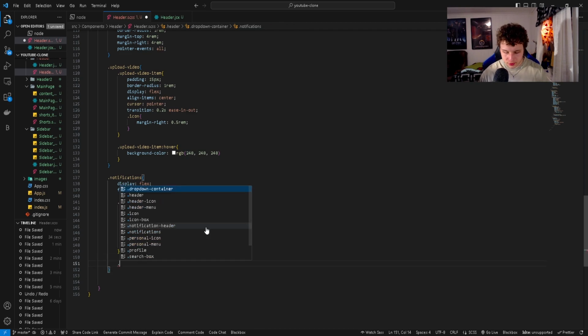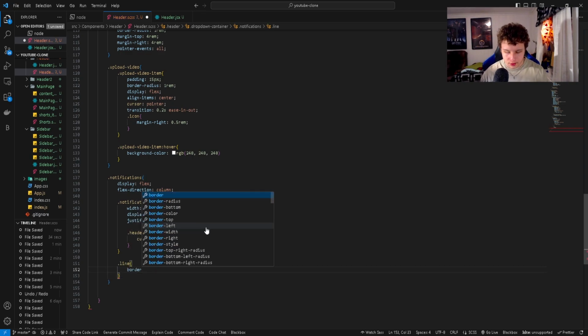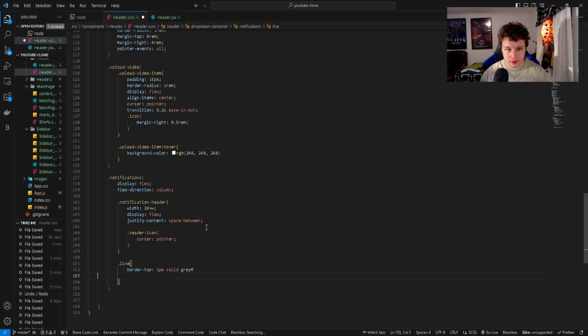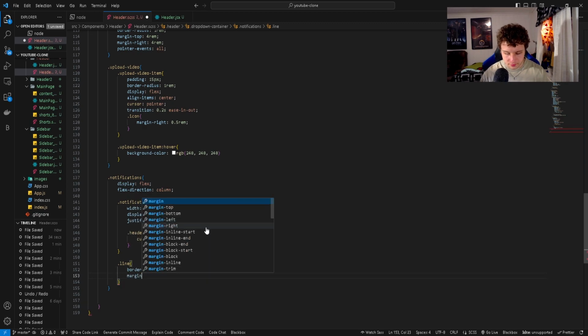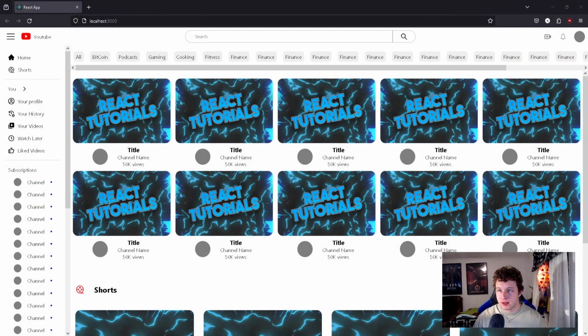So inside of here we want to style the line, and it's just dot line, and here we want to have a border top. You could also do border bottom, that's totally up to you. Solid, and this should be gray, just like that. And we also want to have a margin here, which is going to be 5 pixels and 0. So now if we go over to our browser here, you guys can see that we have in fact a